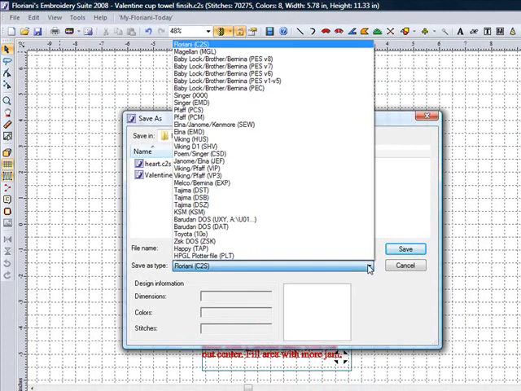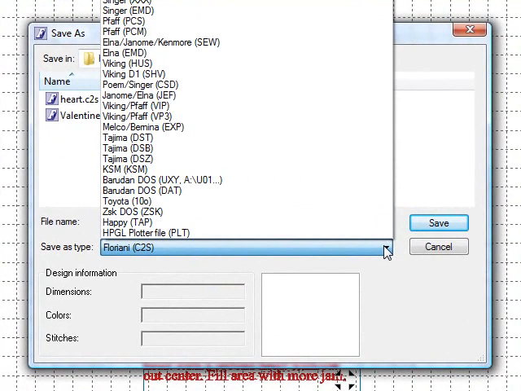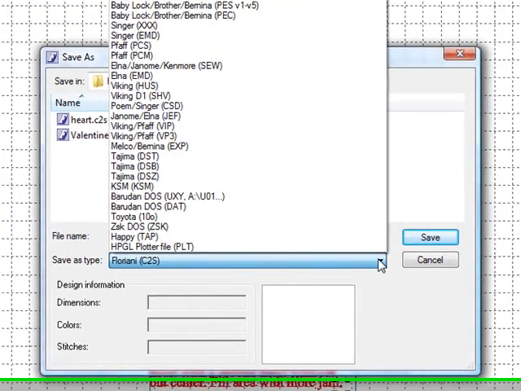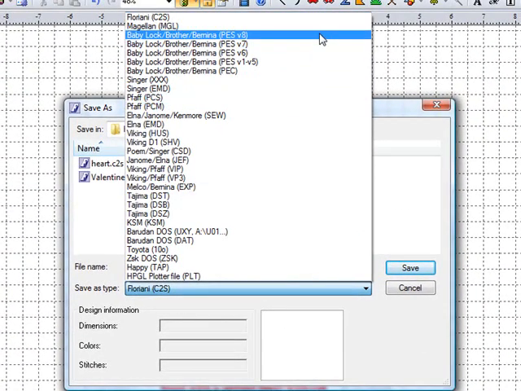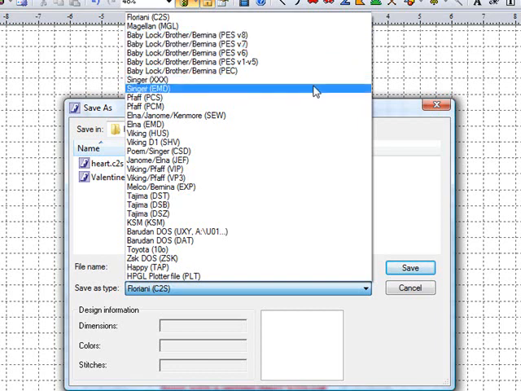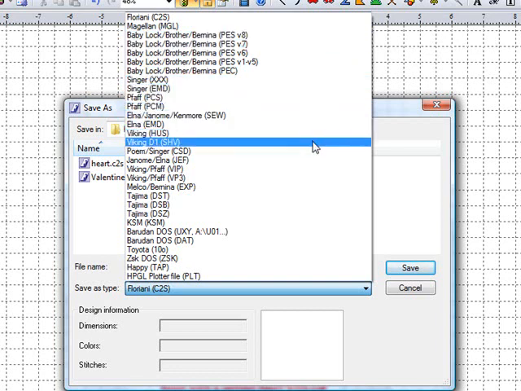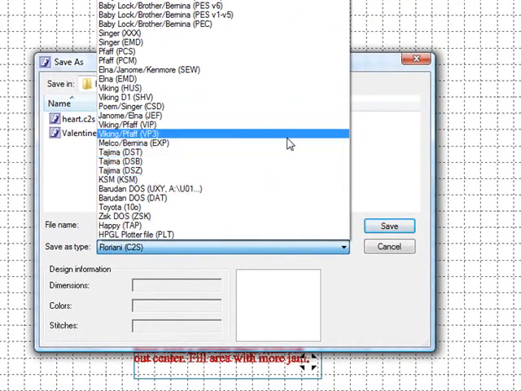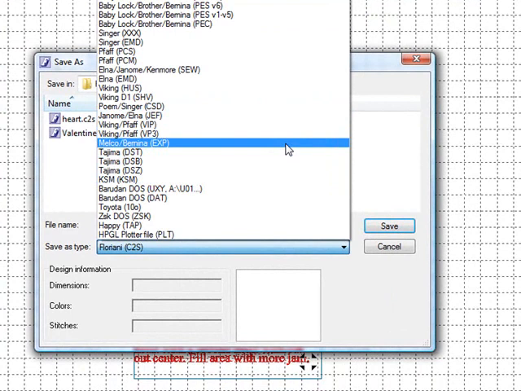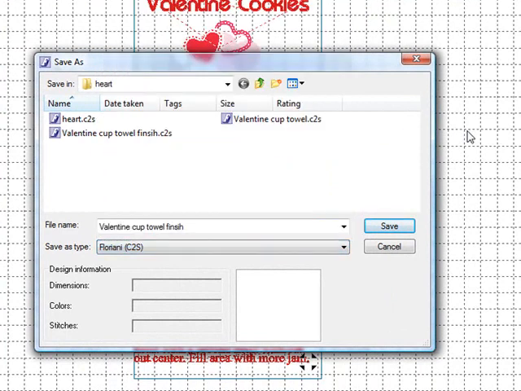And you will notice we have all formats available to you. So you would select the format that your machine stitches in. We do have Baby Lock and Brother. We've, of course, Singer, Pfaff, Elna, Viking, Singer. We come down Janome. Now, for Bernina, you want to save to the Melco Bernina format, which is EXP. So if you have a Bernina machine, save to that. So save to your format that you need to save this design to. And now you are ready